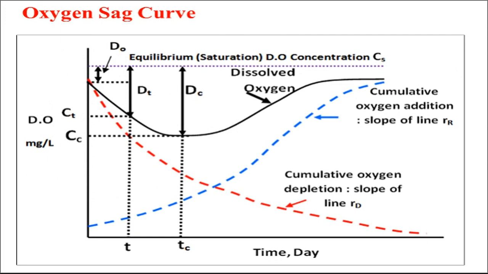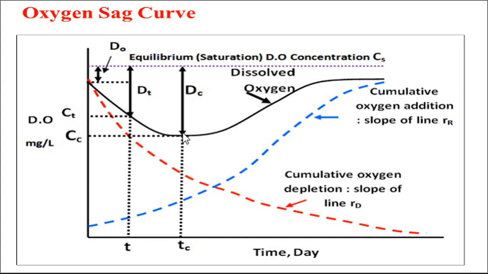The next one is the oxygen sag curve. When we are discharging the wastewater into the stream, depletion of oxygen takes place, and that depletion is shown by different graphs. One is a darker graph, which is shown like this. At the point where we are discharging, the DO depletion starts like this, and the point DC is where there is a critical DO, or we can say the least concentration of dissolved oxygen, and